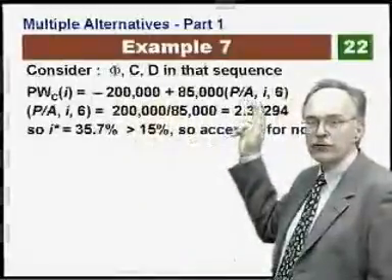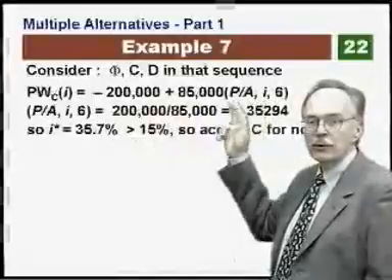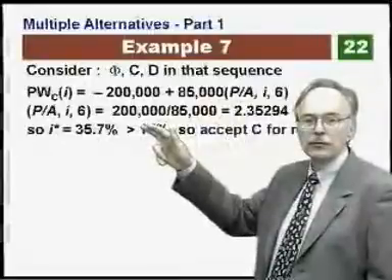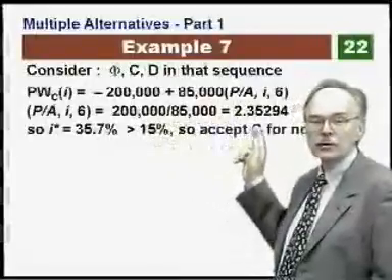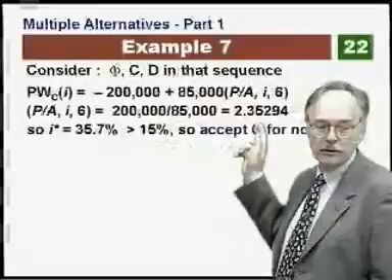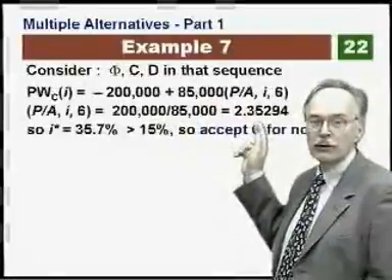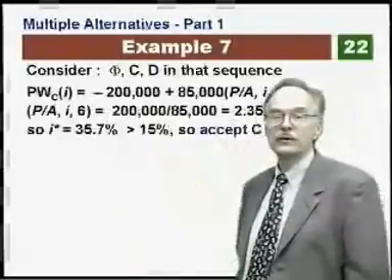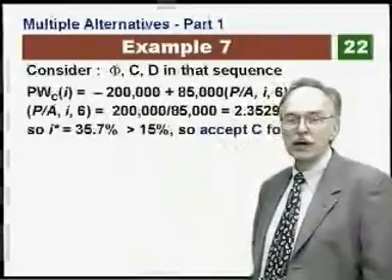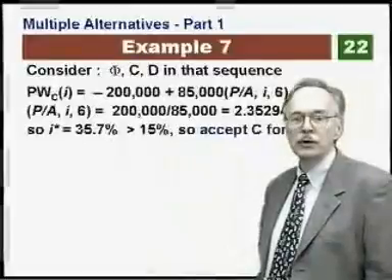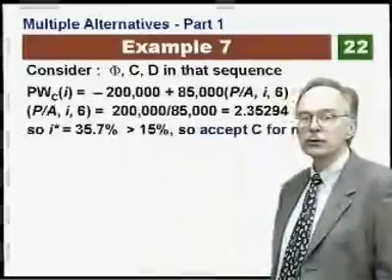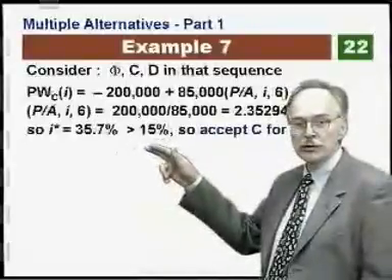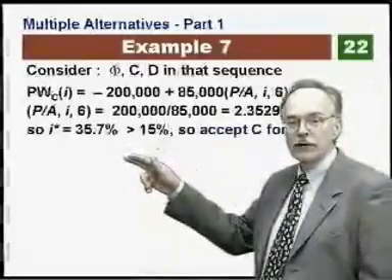It's a series present worth factor for 6 time periods. When we set this expression equal to 0, we then get the result that the series present worth factor should be 2.35294. And then when we go looking for an interest rate that matches that, we find out that it's 35.7%. So we would either do that on our calculator using an iterative routine, or we might use a spreadsheet or a computer program, or we might go into the interest tables and use linear interpolation, perhaps between the 35% and